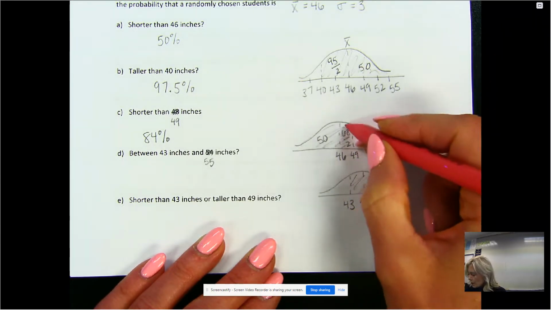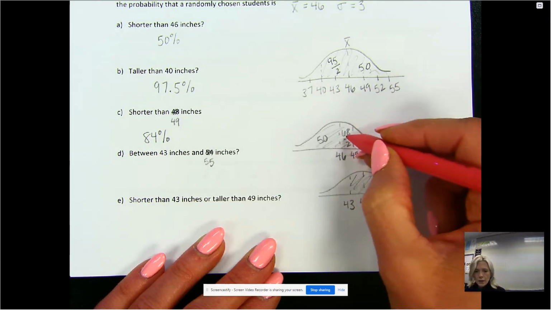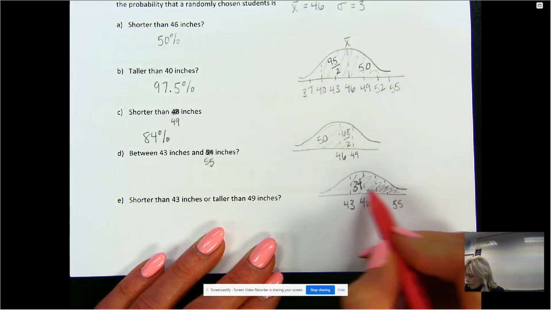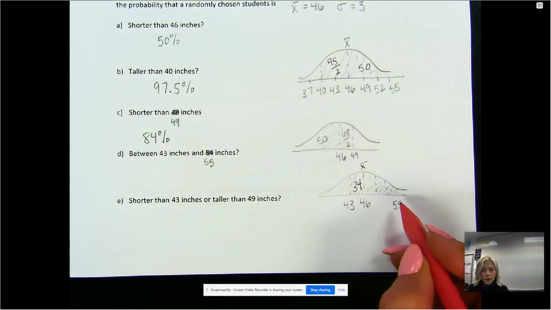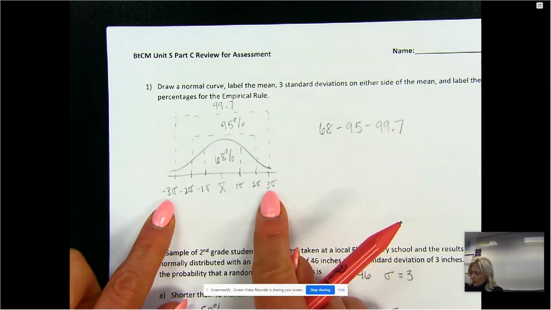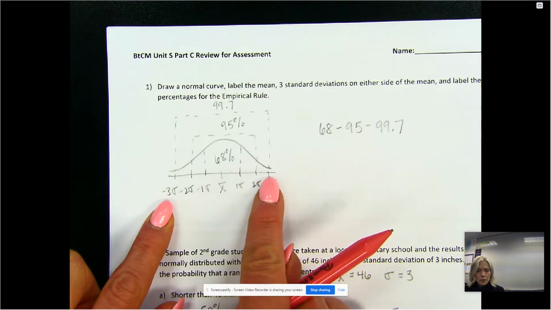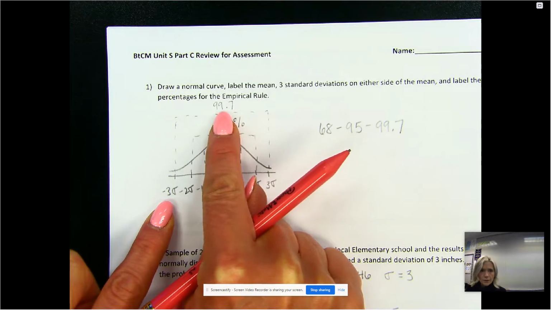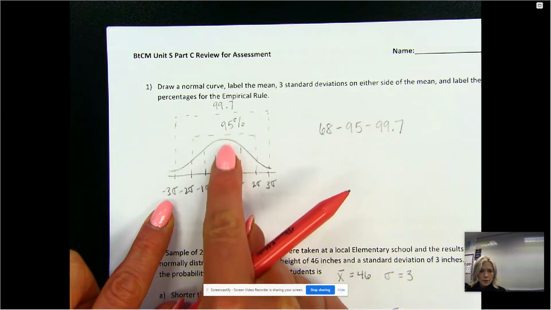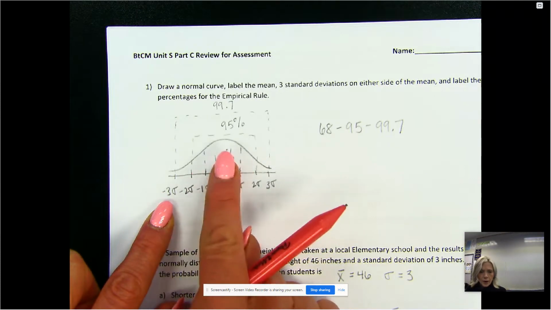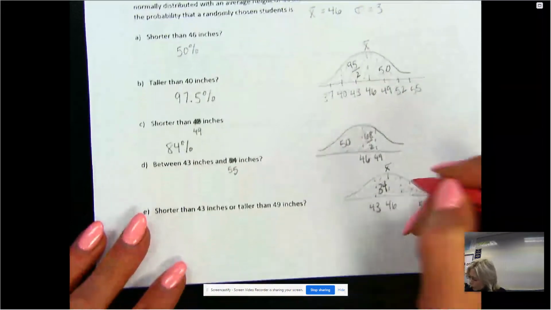So this 43, it's the same size as this was right here. 68 divided by 2 is 34. And then the other side of the mean, up to 55. So 55 is at plus 3 standard deviations. And I know that within 3 standard deviations is 99.7%. So from the mean to that plus 3 standard deviations is half of this, because this is right in the middle. And so you can assume it's equal on each side of that. So half of 99.7